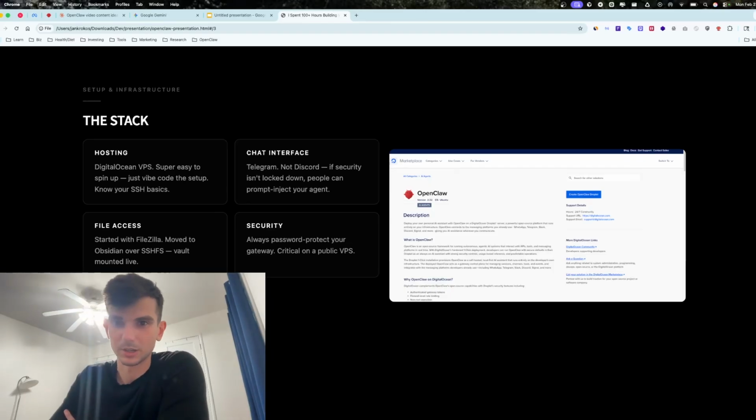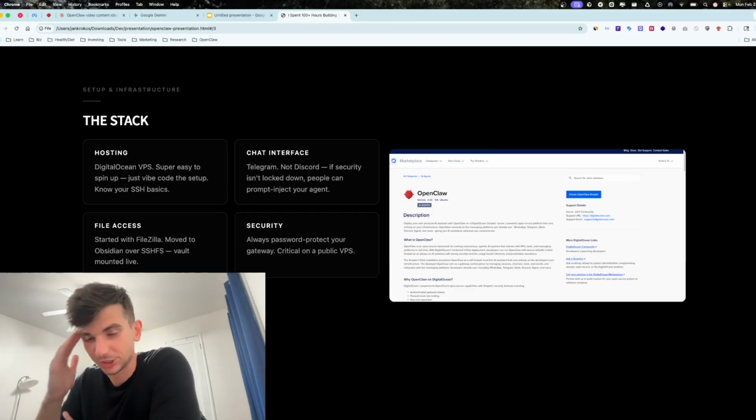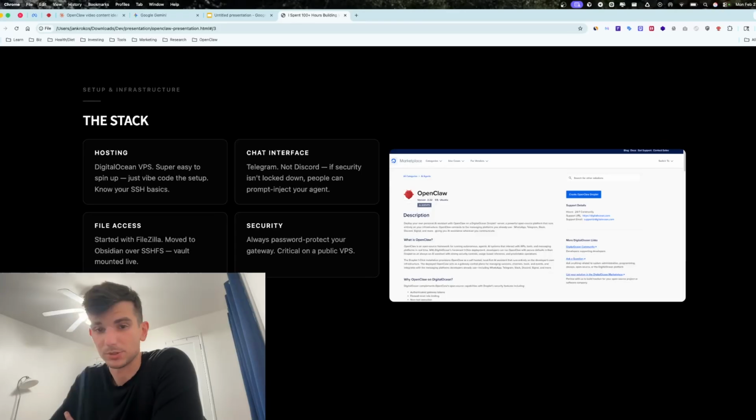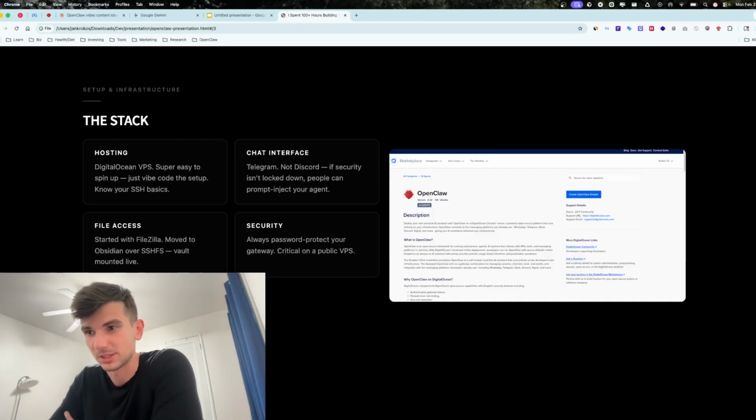So I started using Telegram. I think it's better that way in my opinion. In terms of security, one thing that helps is you can set up a password on your gateway. Now, I'm not a security expert. I'm just sharing what I've been doing, using passwords for your gateway. I think you can also change what server it's being hosted on. And if anything, honestly, just self-prompt the bot and let it figure out other ways it can improve its own security. I'm not going to touch too much on that because I'm not a security expert, but I've been looking around online at what other people are doing and following best practices, not to be an idiot